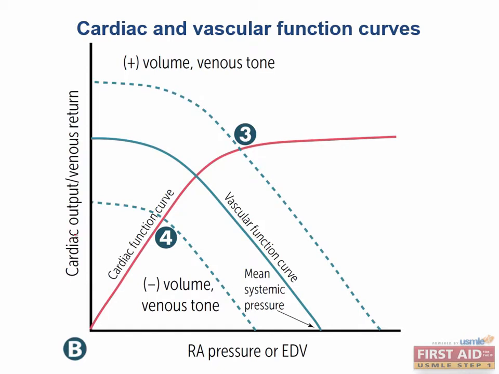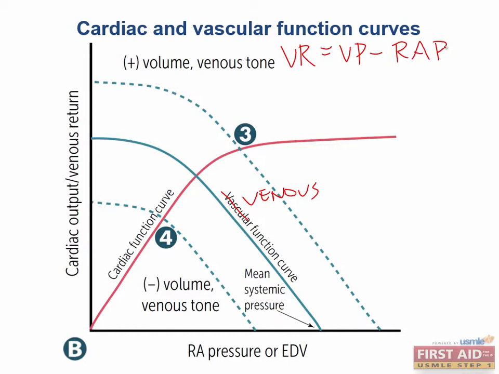Next up, we discuss venous return. Let's cross out vascular and write venous, because that's what we're really worried about. Before we try to analyze the graph and the different shifts, we need to remember several key points. Number one, venous return is determined by the pressure gradient by this equation. Venous return equals venous pressure minus the right atrial pressure. And number two, mean systemic pressure is the pressure that would force blood back into the right atrium if the heart was not beating. It is therefore only dependent on the amount of blood creating pressure in the arterial and